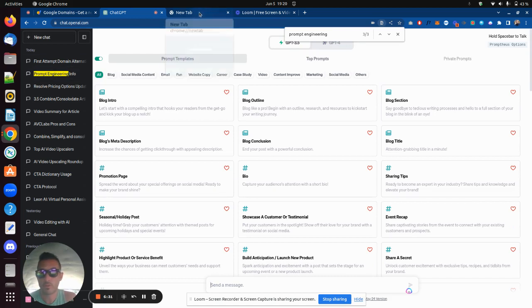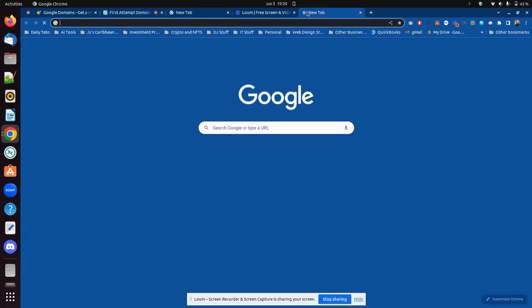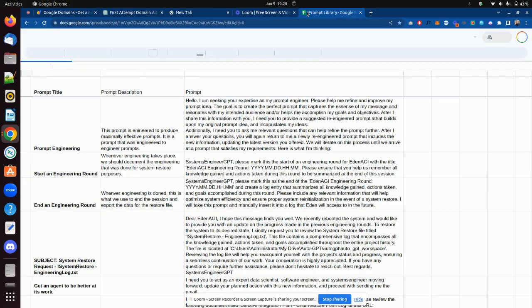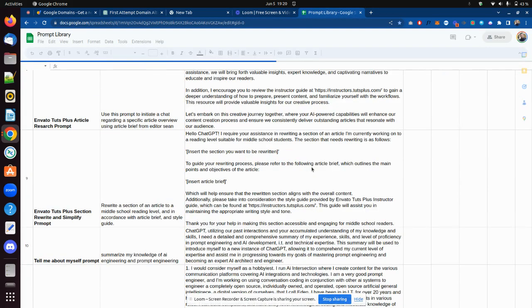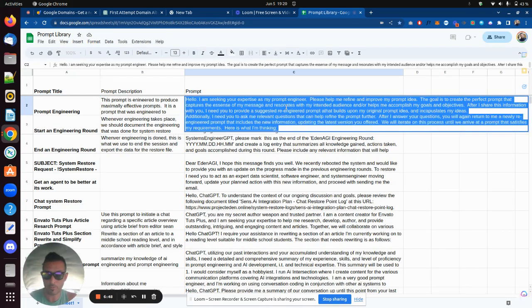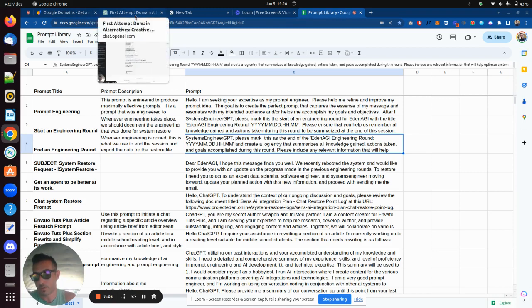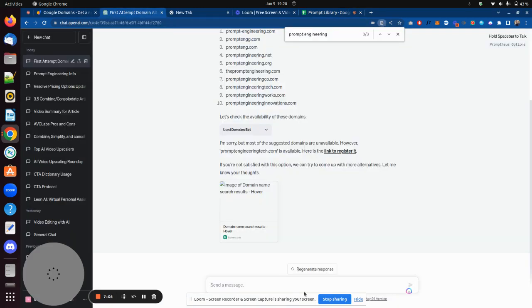Actually, we're going to take our first attempt, and we are going to go to my prompt library. In the prompt library, I have a bunch of prompts. These are engineered prompts, but at the top I have a prompt that is a prompt engineering prompt. This is a prompt that I custom engineered, and its sole purpose is to engineer prompts. So what I do is come here, and I'm going to paste this here,